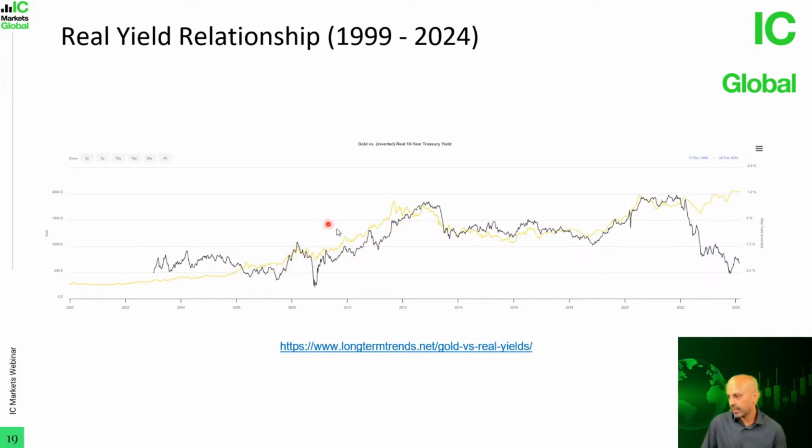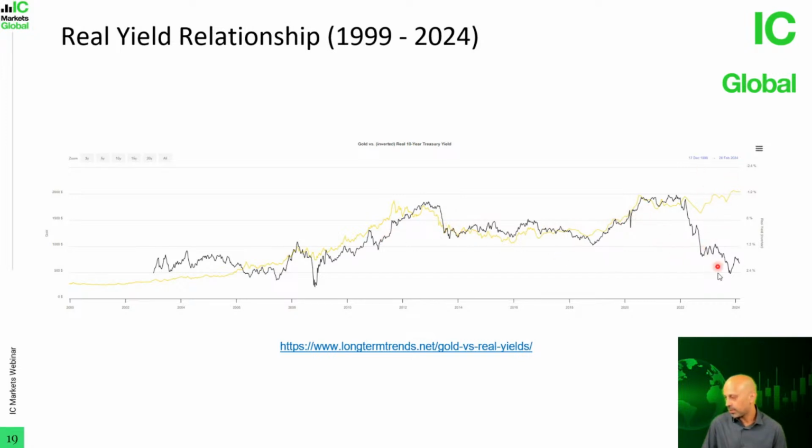So this chart here explains to us the tightness in the relationship. As real bond yields go from more positive to less positive and even into negative territory, this usually tells us that gold prices are going to rise, right? So you can see the trend is for real yields to go from more positive to less positive to even negative, so that in this environment, gold prices are likely to follow suit and go higher as well. Similarly, when real yields become more positive, going from less negative to more positive, gold prices tend to pull back. So you can see this relationship play out quite well.